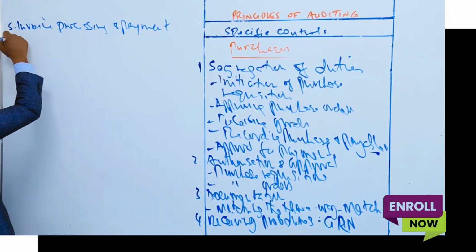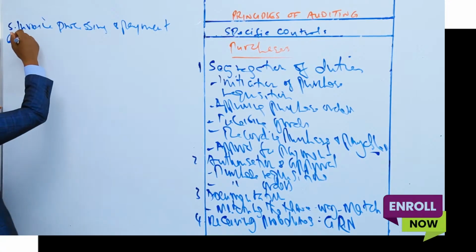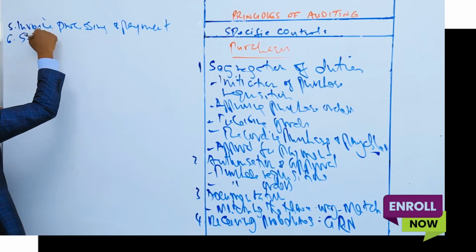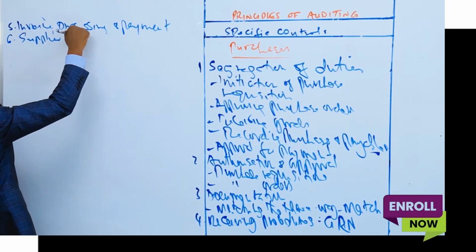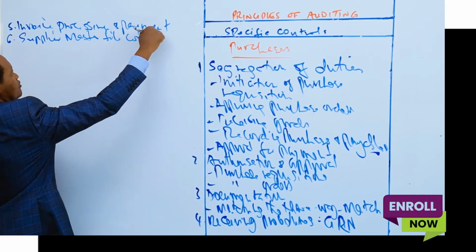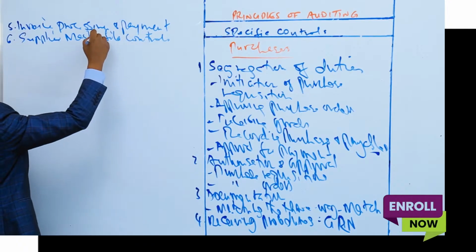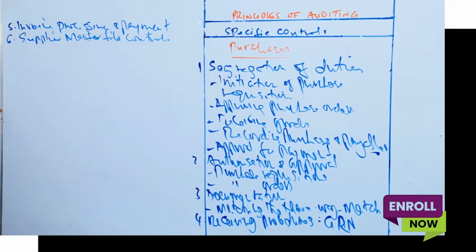Then lastly, we have master files. The supplier master file controls. There should be strict controls over adding or amending supplier details in the system to prevent creation of fictitious